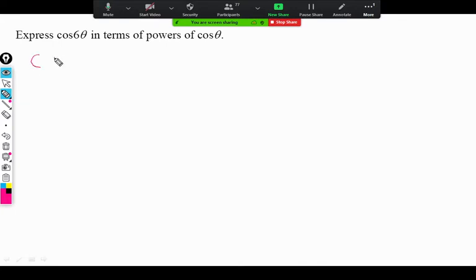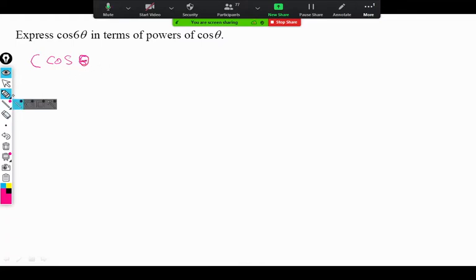There are two ways. One way, we should use the cos n theta formula directly. You write the cos n theta formula, whatever you learned by heart, and replace n by 6. Replace n by 6, you get the answer. That is the simplest way actually, and you can do it that way also, you get full marks. The other way, if you are not interested in learning a formula by heart, start with cos theta,